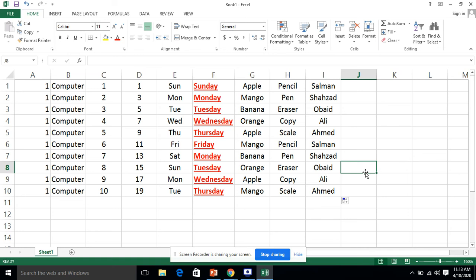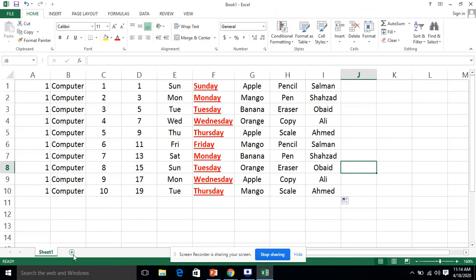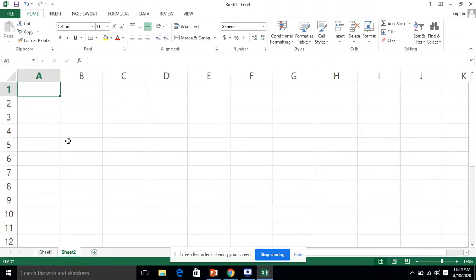Now come towards the next topic, which is basically Flash Fill. What is meant by Flash Fill? Flash Fill is another option that we can tell Microsoft Excel. I am going to take a new file in Microsoft Excel in order to explain Flash Fill.